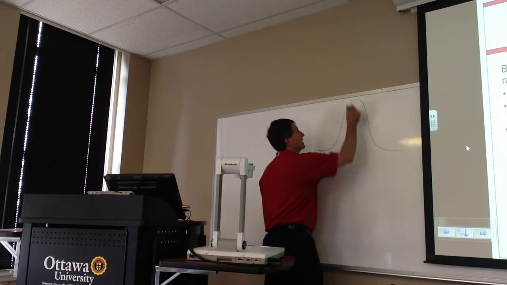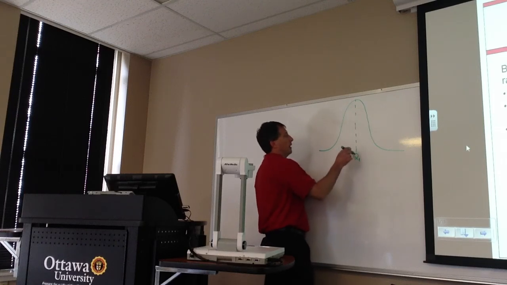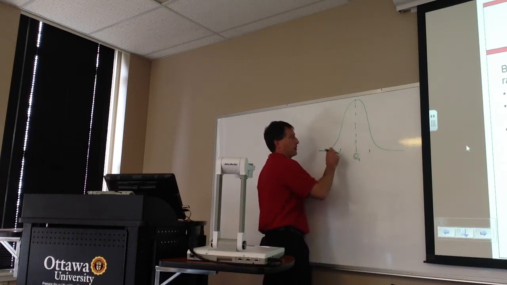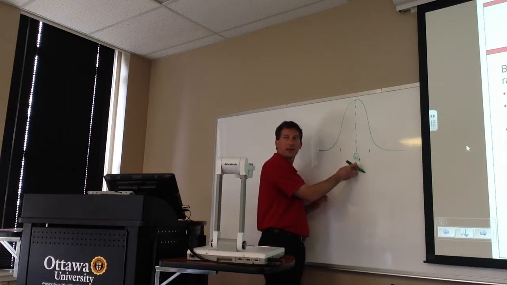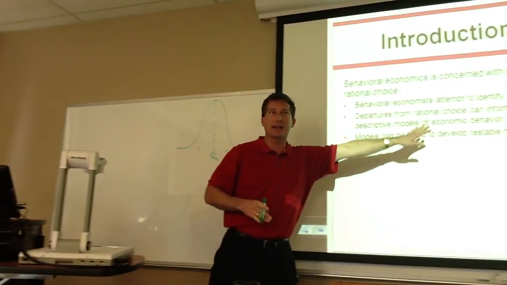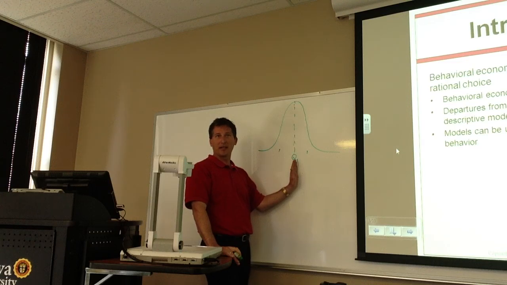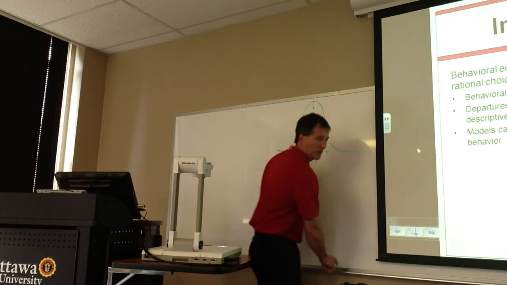So what I just described to you was, here's the rational choice Q. That's the rational. On average, we get that. Some people are irrational this way, some people are irrational that way, but on average, people make the rational choice. But if there's a systematic departure from rationality, what's going to be true about the outcomes we're seeing? Are they going to tend to be higher or lower on average, or they're going to tend to be one tail or the other? So if we're systematically seeing an outcome